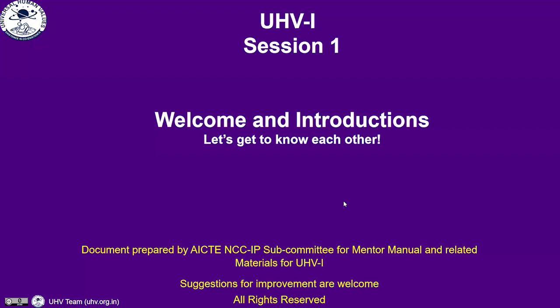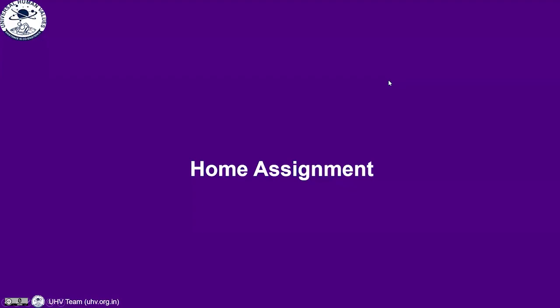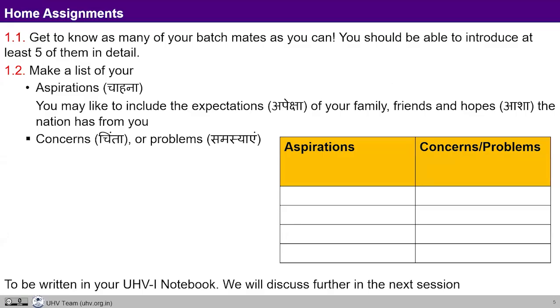Okay, I think we are. Namaste, Bhaiya. I have just one comment only. When we say initially in the first session, in the introduction part, we give this assignment to write these aspirations, concerns, etc., their achievements, etc. So it is also good, I think, to define what we mean by aspiration, concern, and achievements. Maybe sometimes students may be confused regarding this. What is the meaning of aspiration, concern, and achievements?